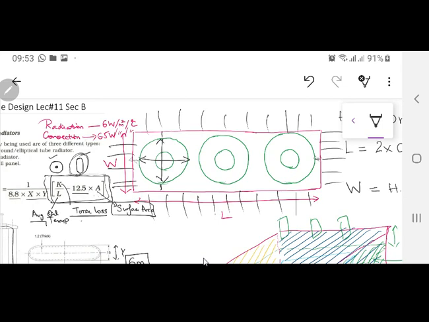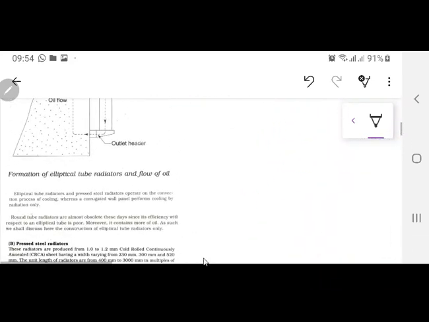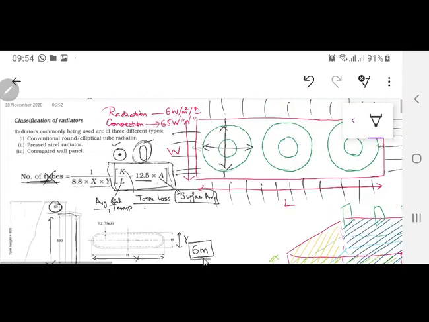It's not like that if you have 40 tubes or 50 tubes, you put them all on one wall. They have to be equally displaced on the whole surface area of the tank over there. So in this way, you are going to find out the number of the tubes over here, and based on this number of tubes, this will tell you that your dissipation is going to be complete.